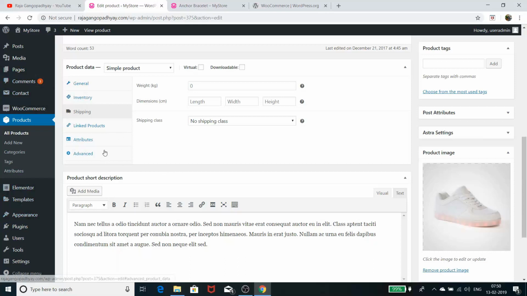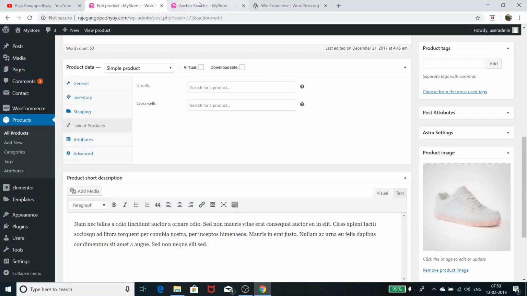So after you are done with this shipping option, you have this link product option, which you can use for upsell and cross sell. So basically, this link product option gives you the option to upsell a product or a cross sell a product. So upsell basically means